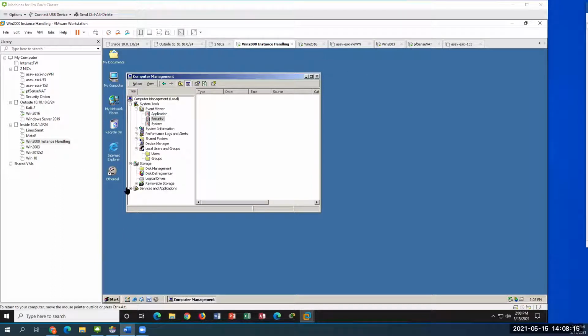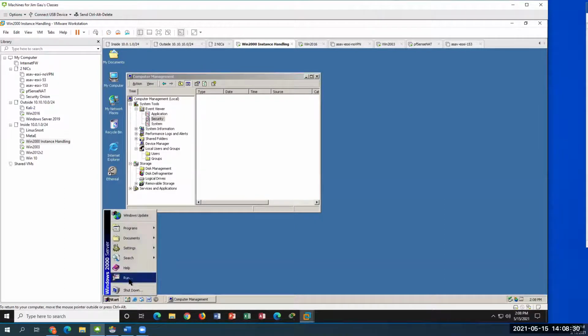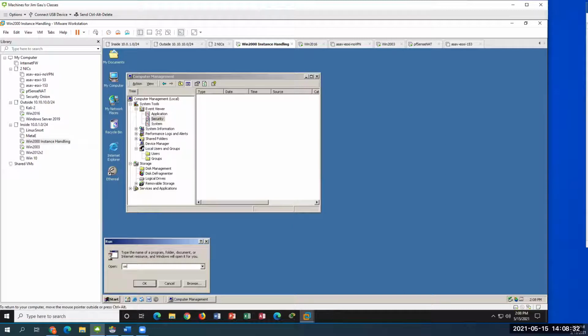All right, now we are going to... so this is Event Viewer. Now we're going to do this, this is Computer Management. So now we are going to activate that security policy. So you're going to